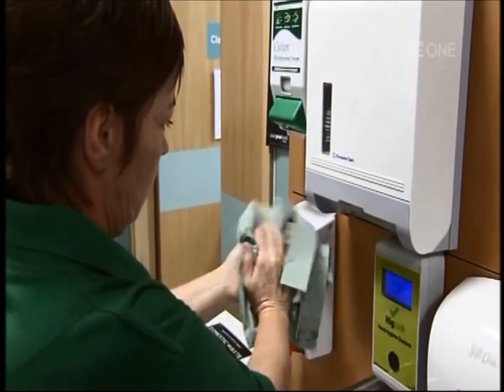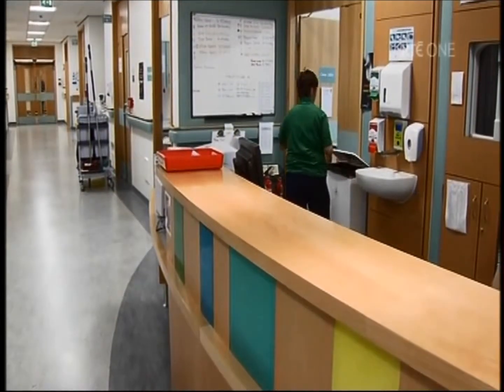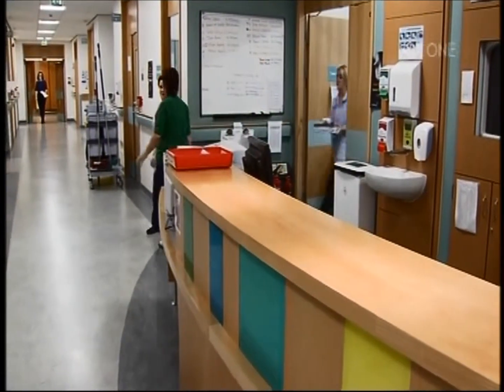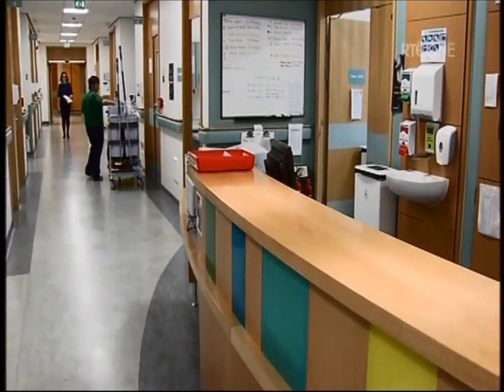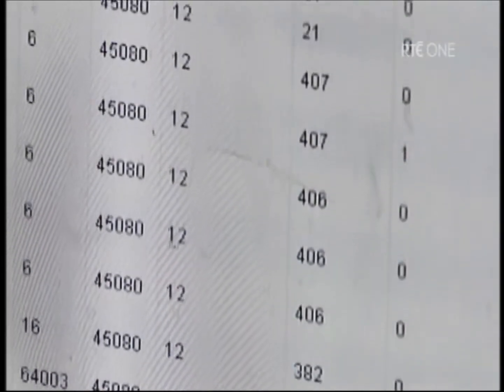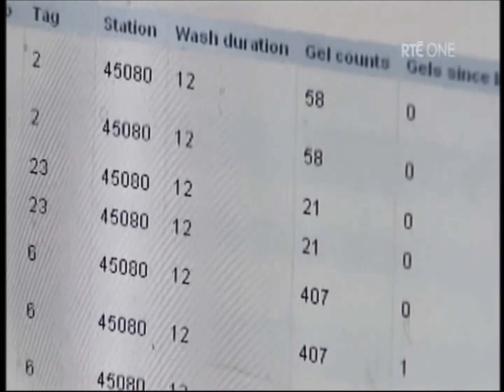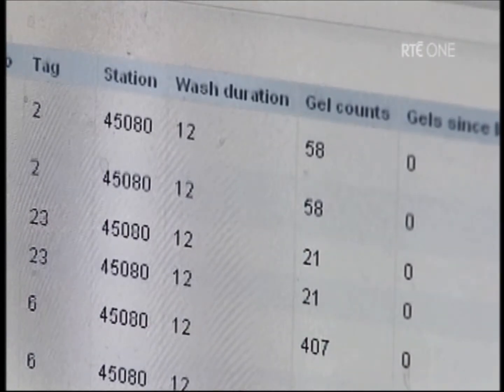At Altnagelvin, the level of MRSA has been cut by half and C. difficile by almost 40%. We have worked very hard, in particular over the last 3 years, to tackle healthcare-associated infection, and we have been very successful in that regard. Having identified that hand hygiene is crucial, we have relied on paper-based audit in order to feed back to staff how they're doing. The advantage of the HigenX equipment, if you like, is that it provides timely electronic data on